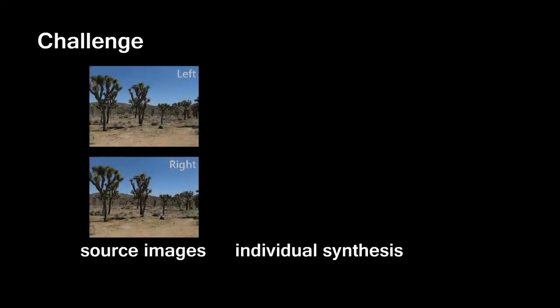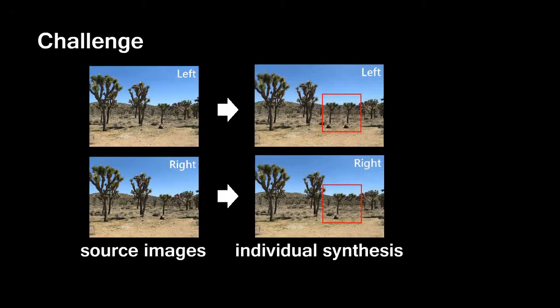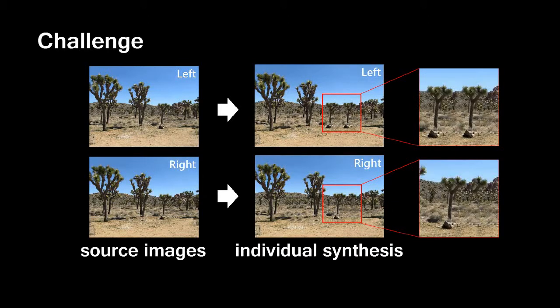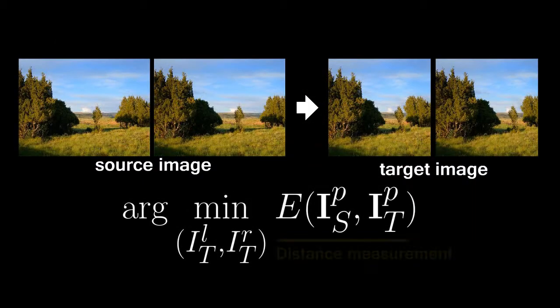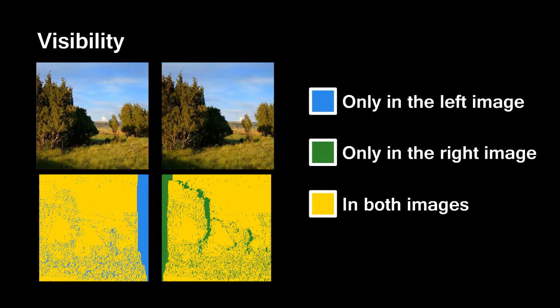However, individually applying these algorithms to synthesize the left and right views would unlikely establish a consistent 3D interpretation of the resultant stereoscopic image. Our method adopts an optimization-based approach which minimizes the appearance distance between the source and target images. In order to maintain a consistent 3D interpretation, we segment both pairs of images into three regions: the pixels